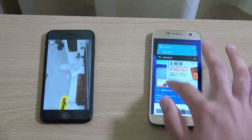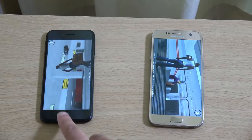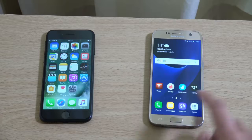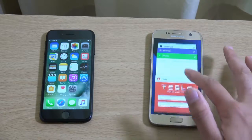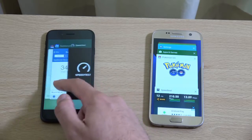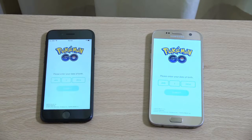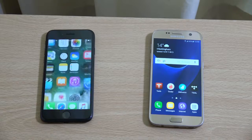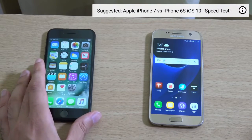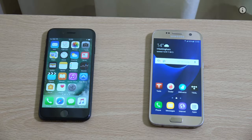Whoops, that was the wrong app. So you can see it's kept it in memory anyway. So I think it's kept them all in memory, which is good. What was the other one? The other one was Pokemon Go. So let's just try that. Yeah. So they're both kind of a little bit reloady with the main apps, so not going to really choose between them there. But you can see I think the S7's held its own very well given the age of the phone, and